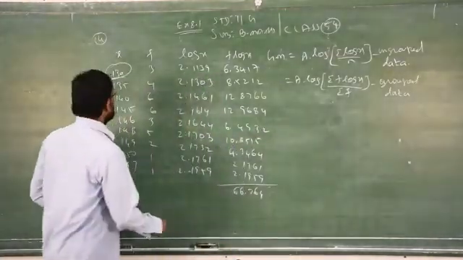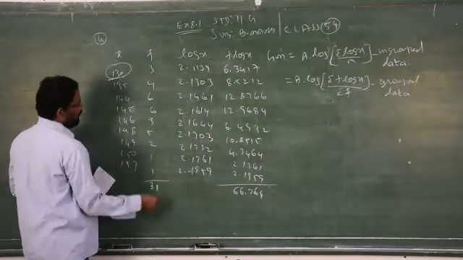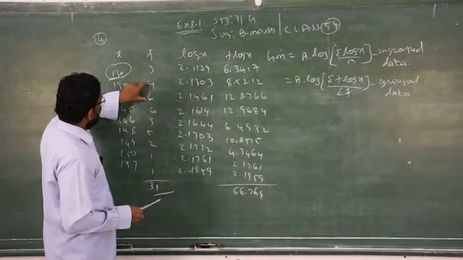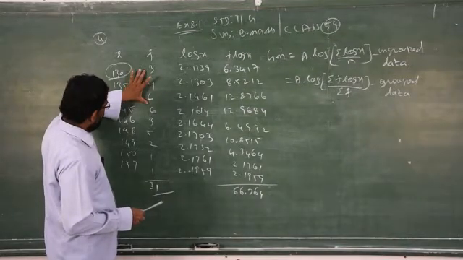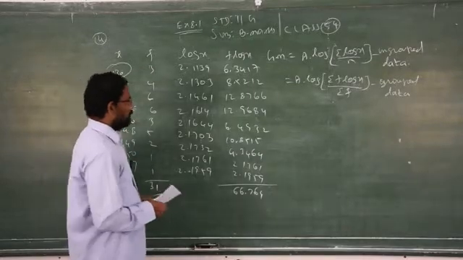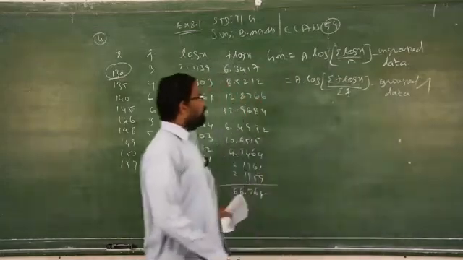What is the total frequency? The total frequency is given as 31. You have to add and see, you will get 31. Check: 3 plus 4, 4, 10, 10, 19, 20, 25, 30, 31. So now you have to substitute in this formula. You have to take the second formula, don't take the first formula.